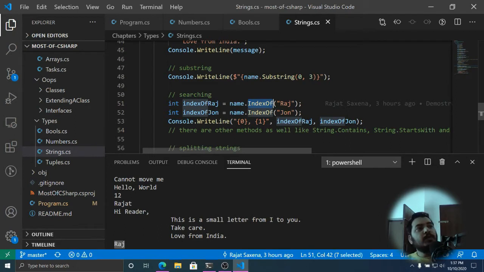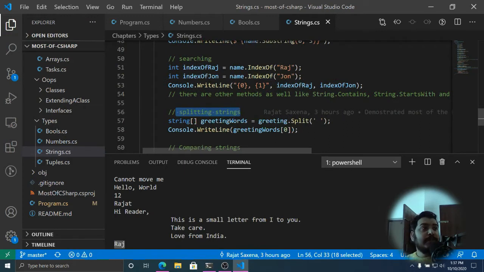Then I can use this -1 or the index position in order to get more information about whatever I'm going to do. Then we can also split a string. This is the syntax. I want to split it over the blank character.